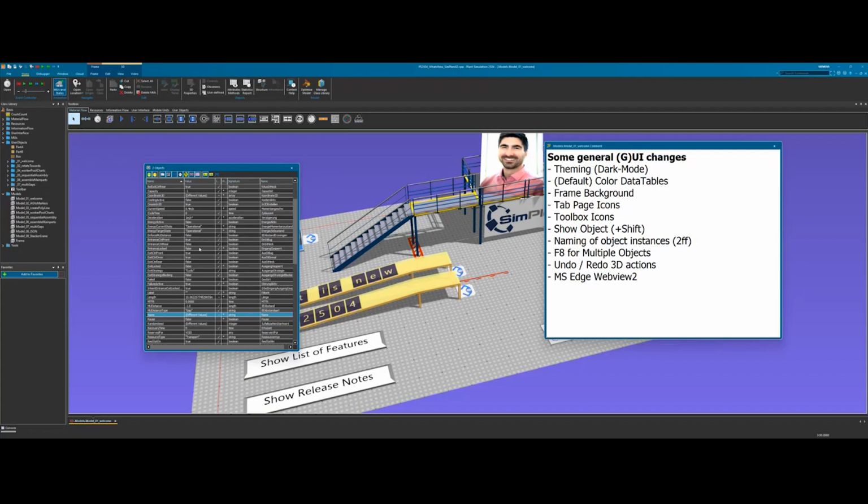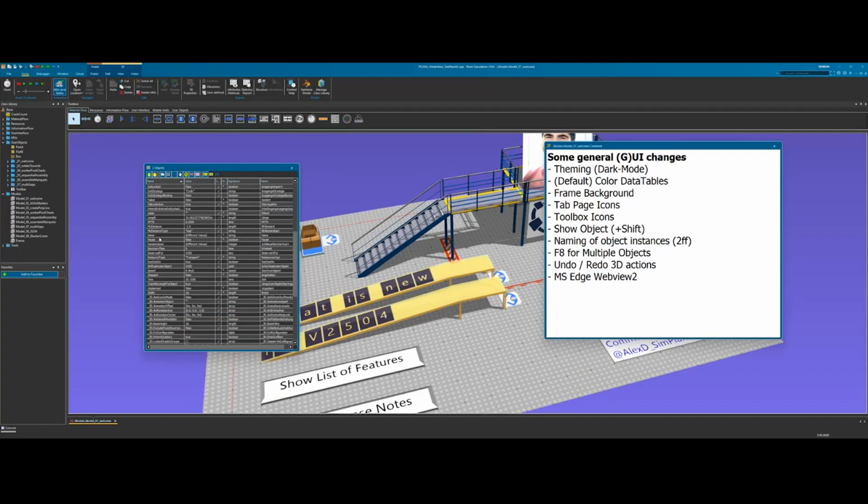But for all the attributes that are the same, like the current speed, or the target speed, and also the length, you will see that it shows the value that these objects have in common. And you can also now go here and change the attributes for all the objects at once.